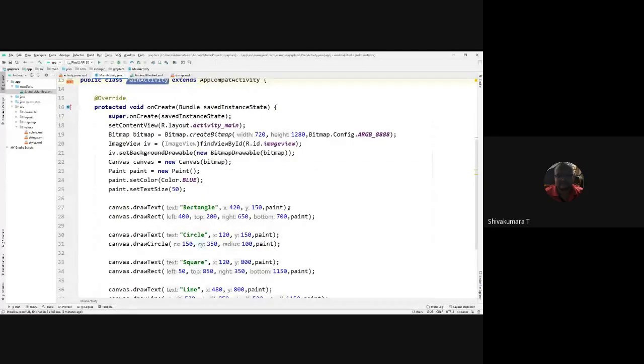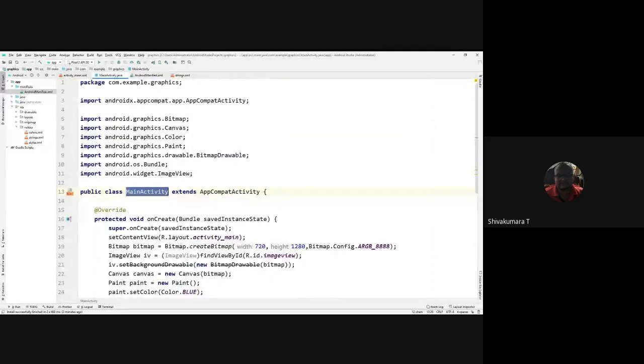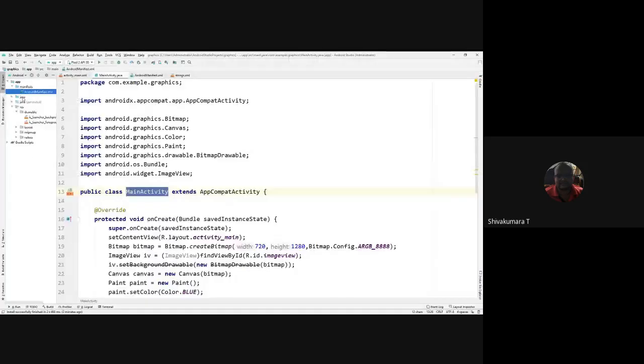Yes. I will take the same activity and set it. Before that, to set the background of the activity, you need to have the image of the background. For example, I am going to take the image which is available with me as of now, copy that and paste it under the drawable folder.